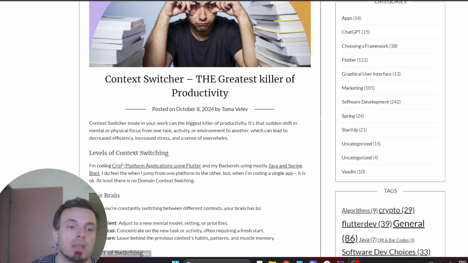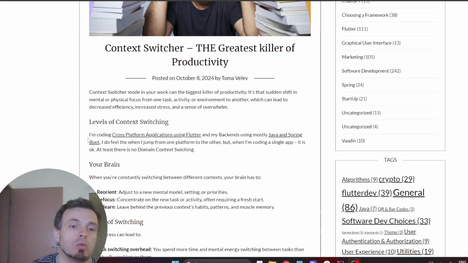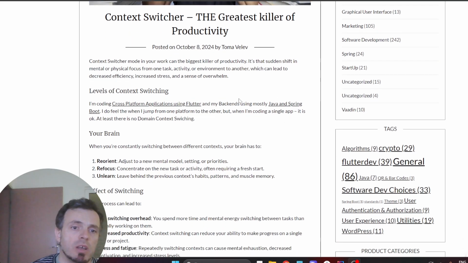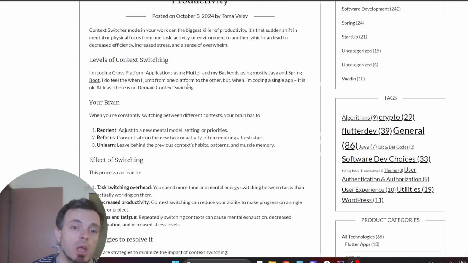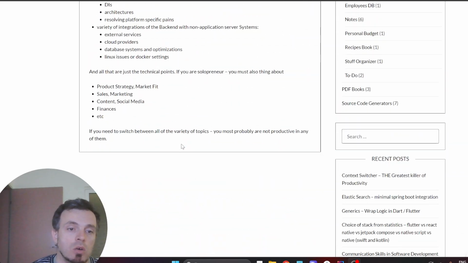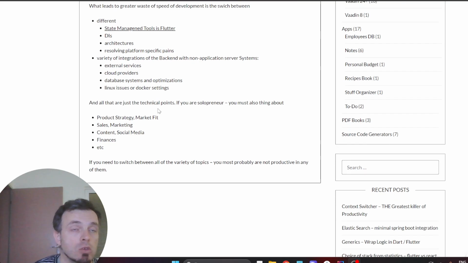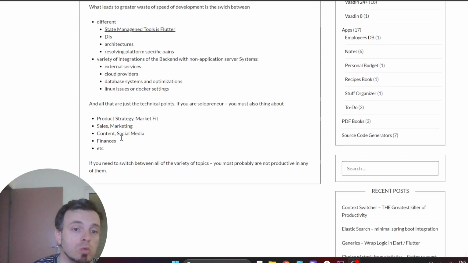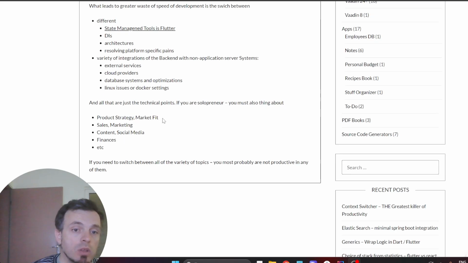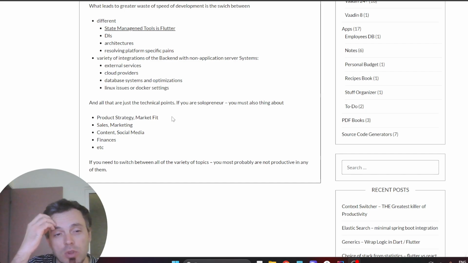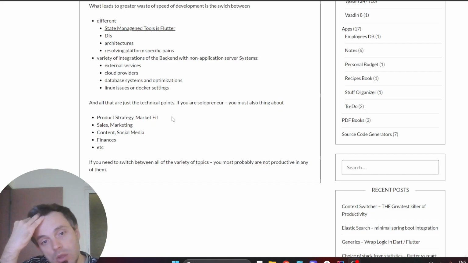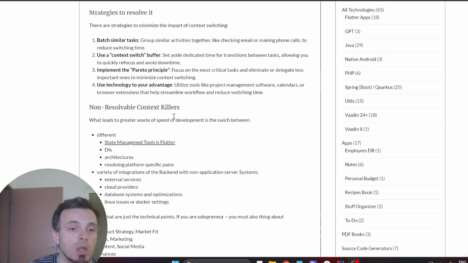So there are a lot of levels of context switching. One is switching between front end and back end, and I'm doing that with Flutter and Java. And there are also several other spaces where you could switch your attention to different projects, to different areas of product development, and different niches, and even within